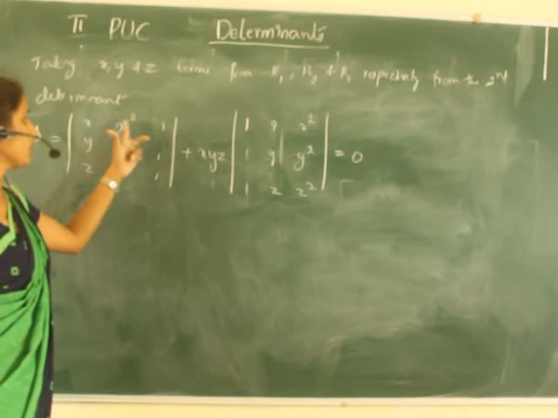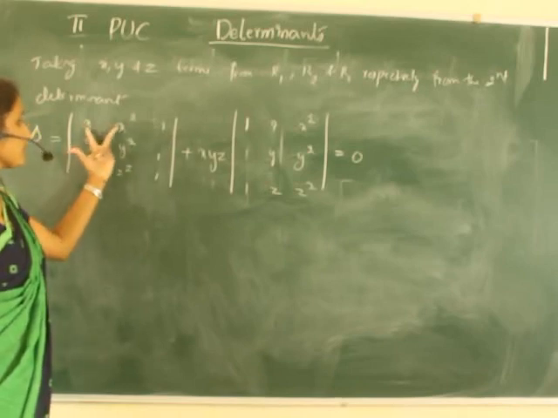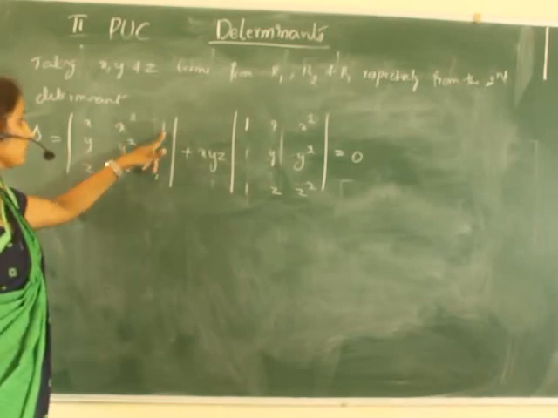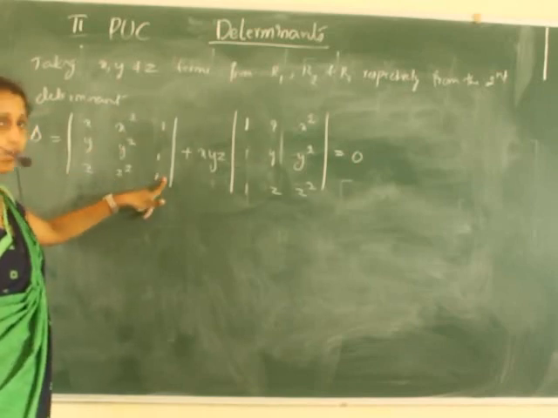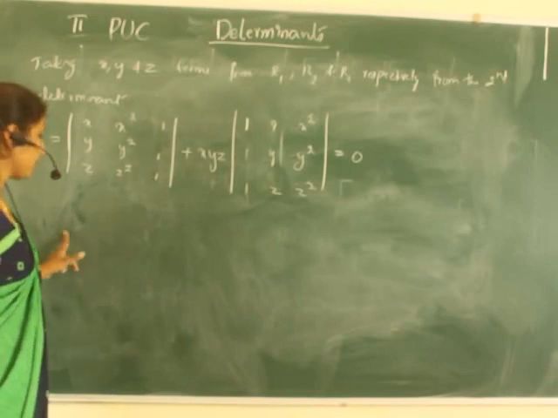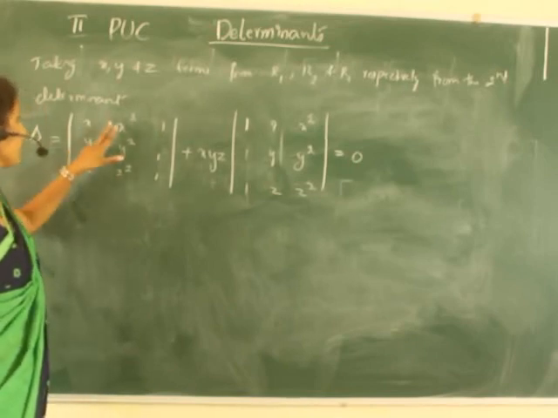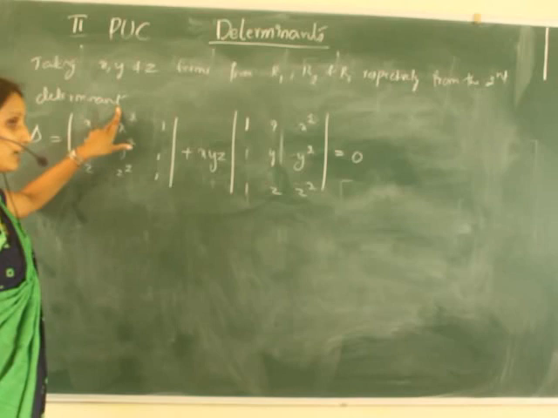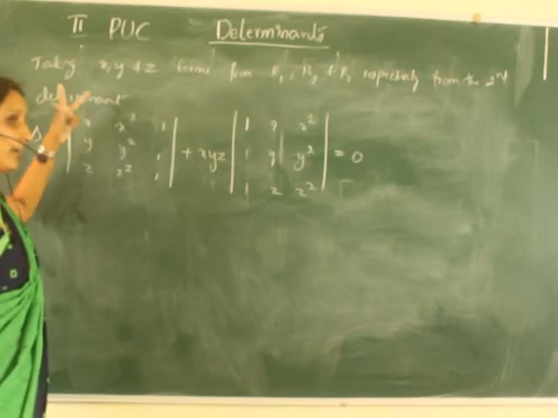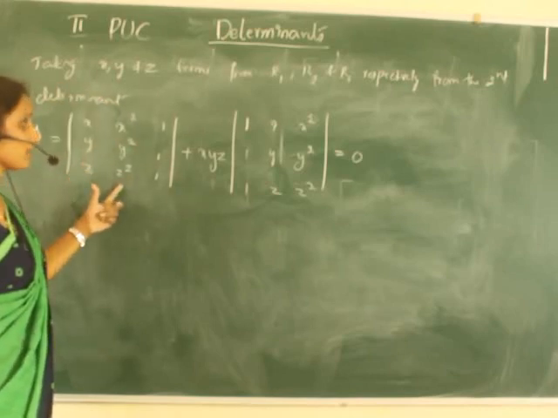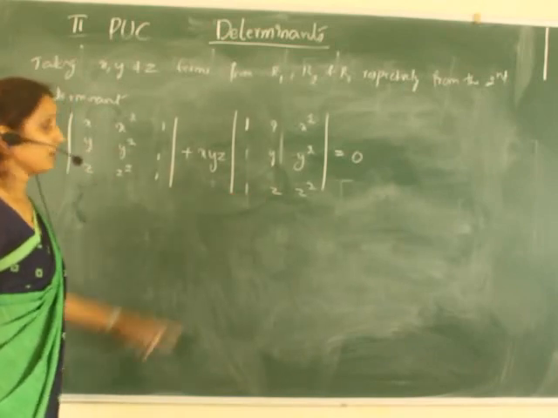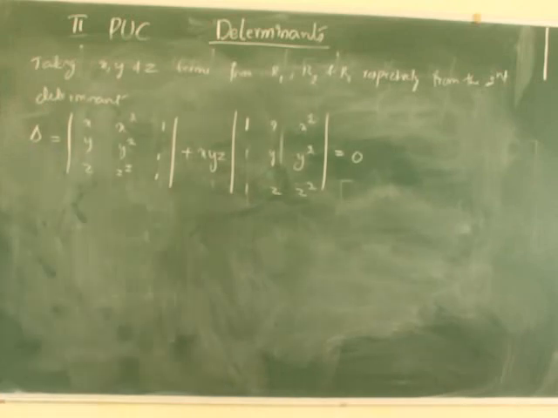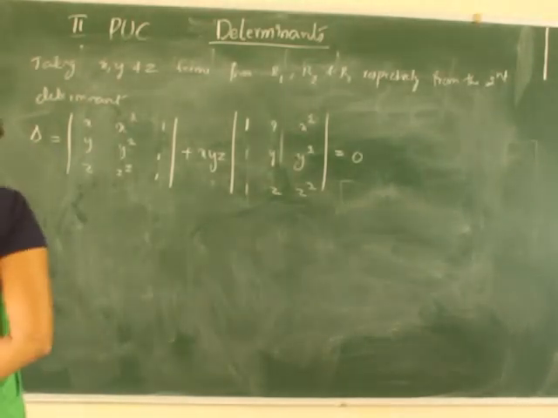So now this is here and this is here. Again I have to interchange these two columns, so 1, 1, 1 will be here and x square, y square, z square will be here, multiplied by minus 1. Again I change the 1, 1, 1, so now 1, 1, 1 is here and xyz will be here. That means I have to interchange 2 times to get this, and interchanging 2 times means minus 1 to the power 2.